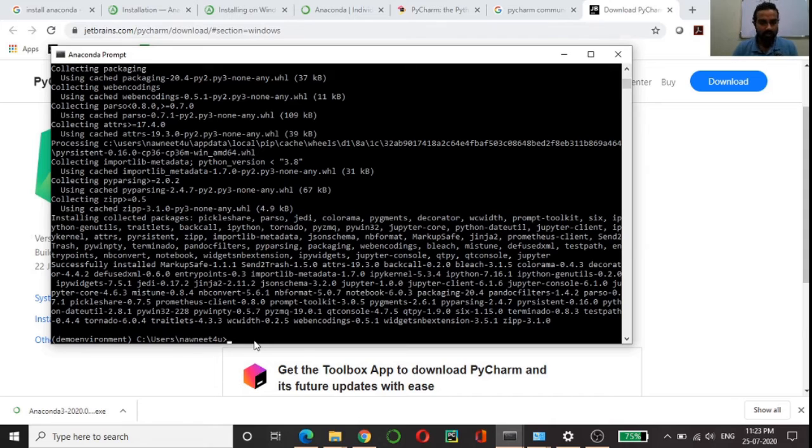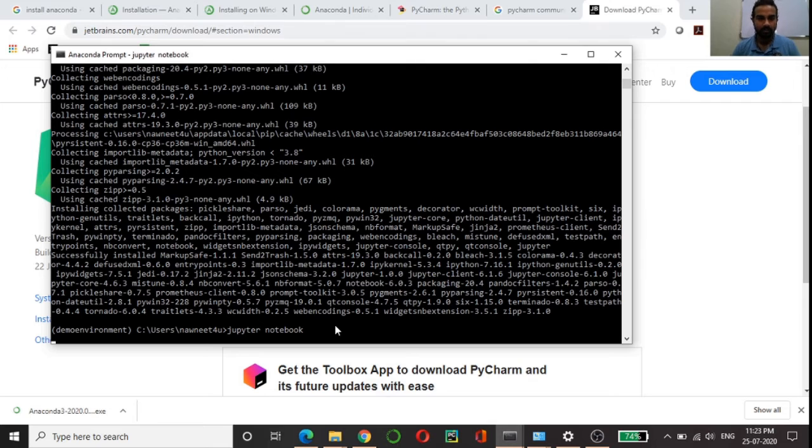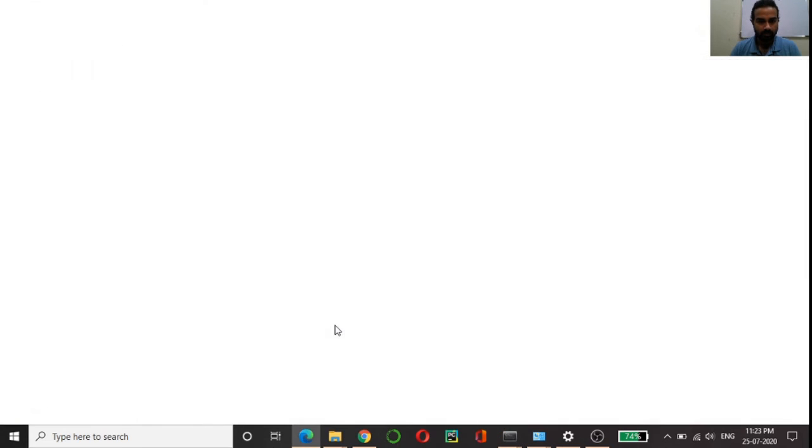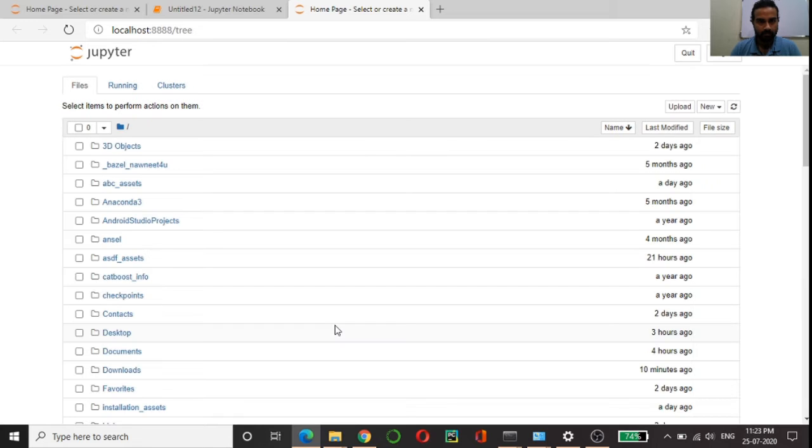Yeah guys, so the installation process for Jupyter is completed. Now you have to open the Jupyter notebook. For that the command is just jupyter notebook. So the Jupyter notebook is opened now.